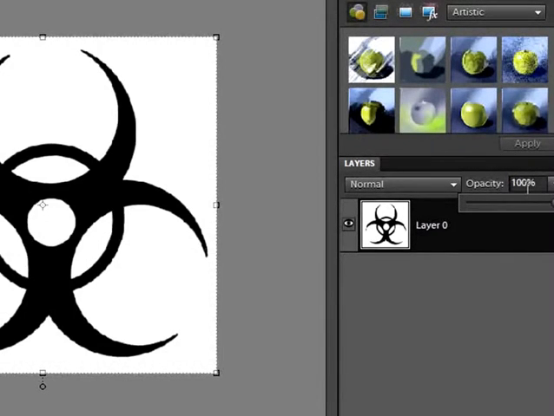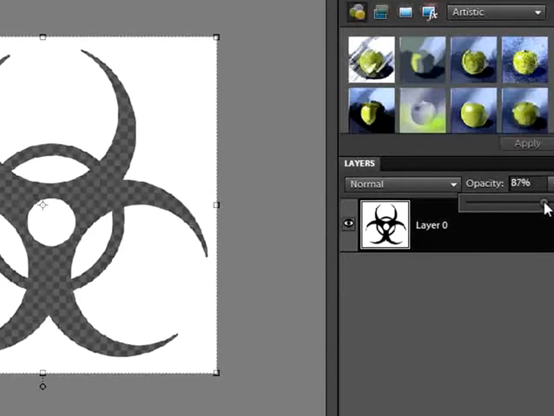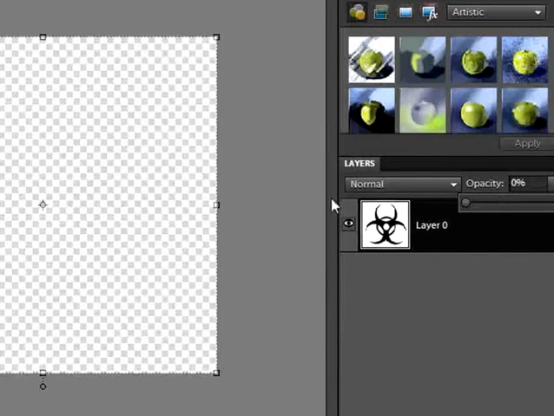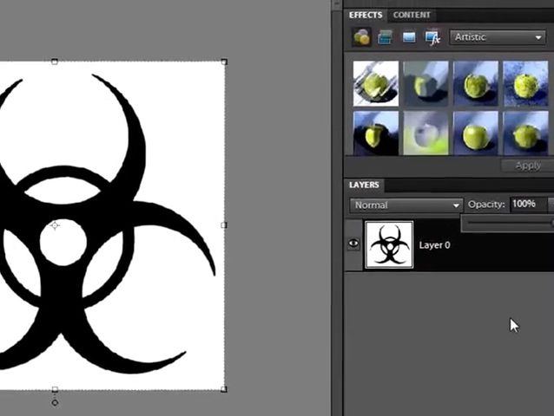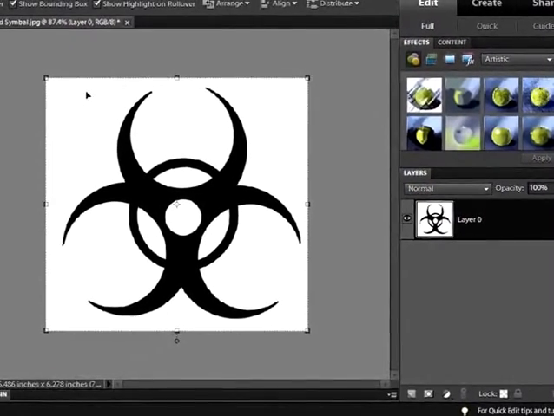So if I use the opacity tool, and think of it this way, opacity is the same as transparency. 100% means it's 100% solid. 90% means it's 90% solid or 10% transparent, depending on how you want to look at it. And it starts to reveal what's underneath it. So I can go all the way down to 0 here and make it 100% transparent. And transparency is represented by this checkered box in the background. That's what we're looking for. Right now, let's go back up to 100